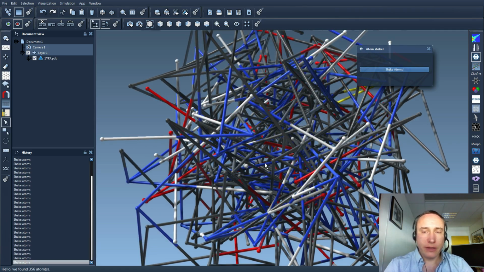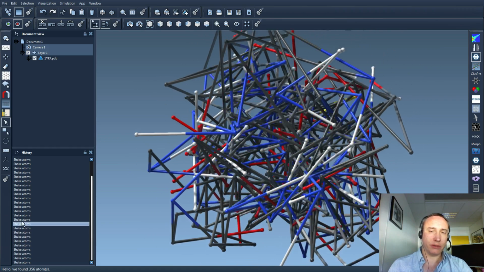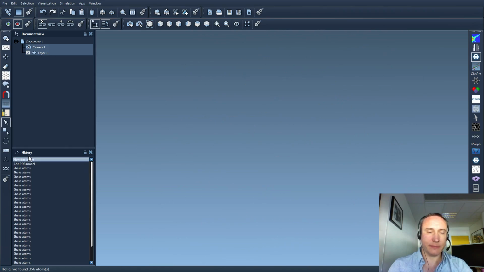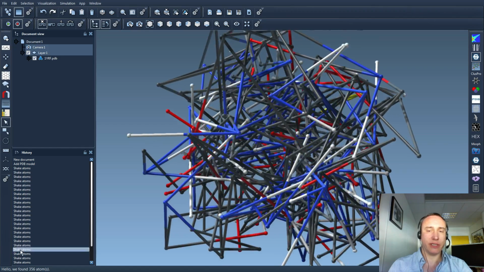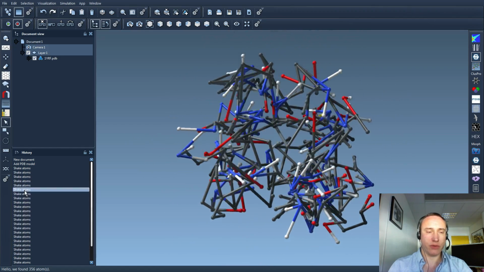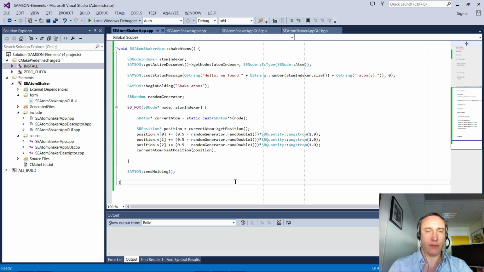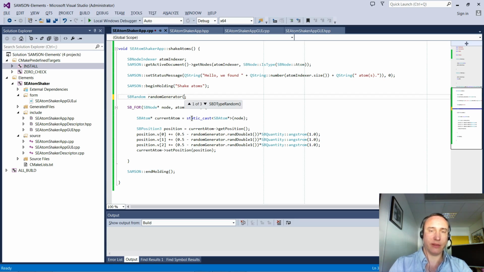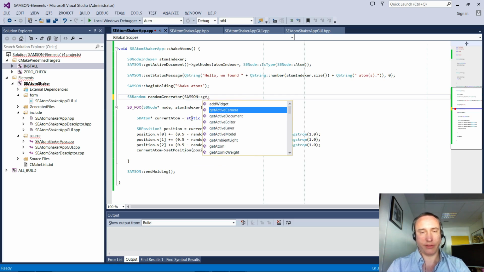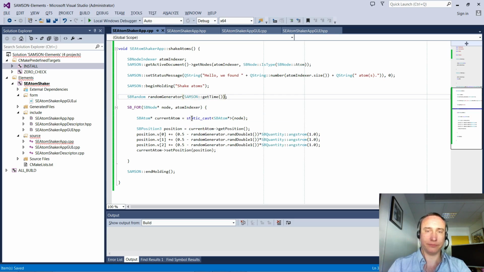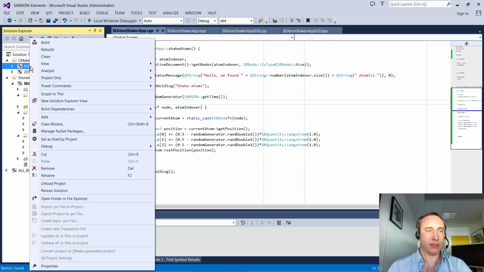Okay, so here we can see something interesting. Because the random generator always uses the same seed, the displacement is always the same, and that's why the atoms are not really randomly shaken. Okay, so in order to change this behavior, we're going to say that we initialize the random generator with a random value that will be based on the current time. Okay, so for debugging it's good to have always the same seed, but when you know that your function works, you can use random seed. Okay, so I build,